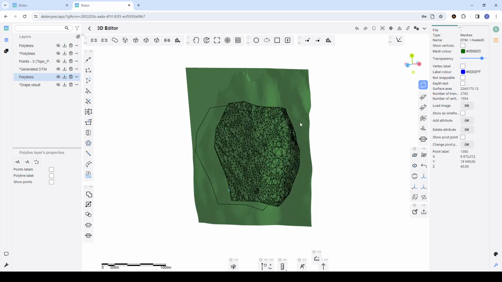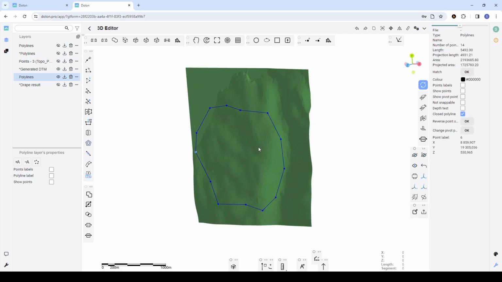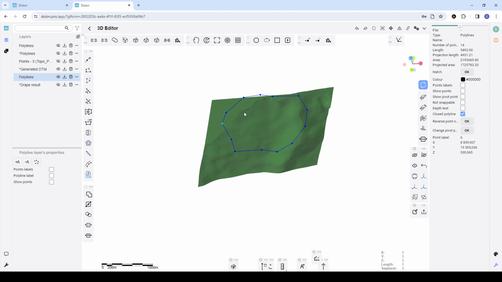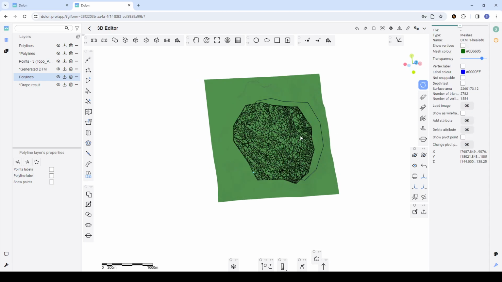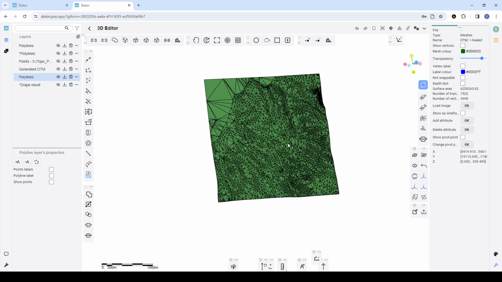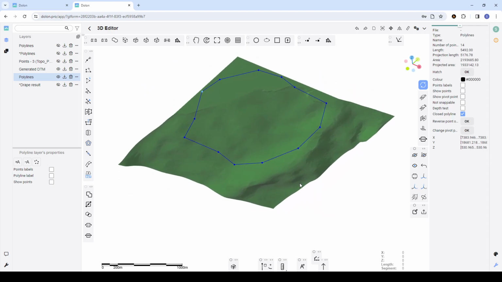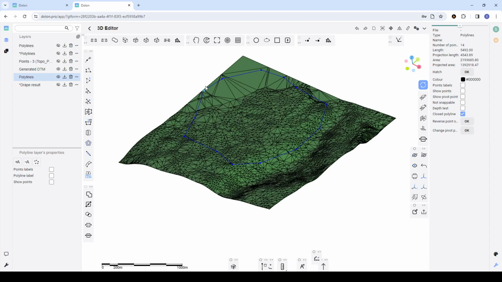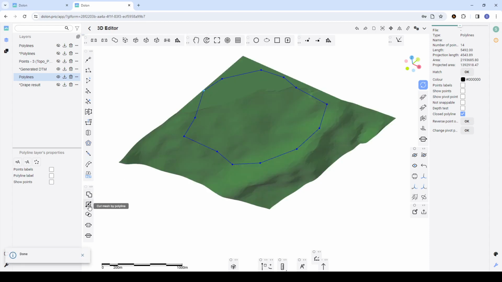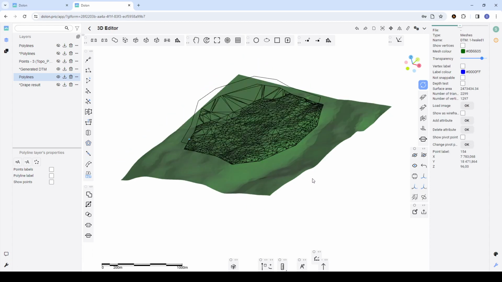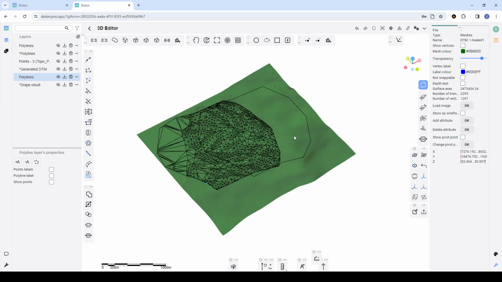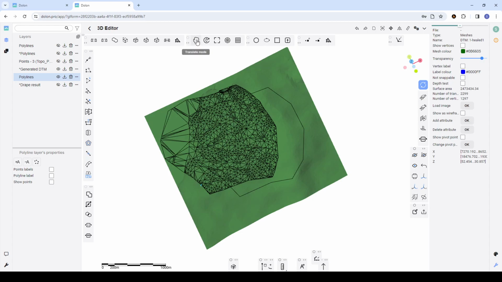And you need to know that it will cut it as you look at this object. So let's undo it. If I rotate the object in this way and I look at this object from this perspective, this polyline, this polygon will cut from this view. So this area will be cut. Yeah, once it's cut, you can just separate this part